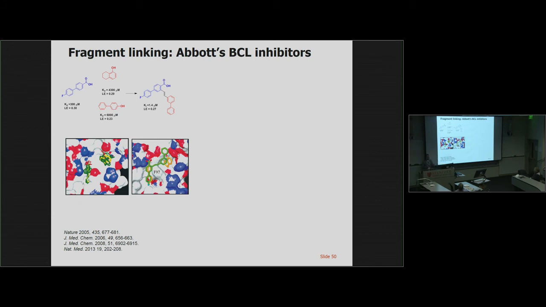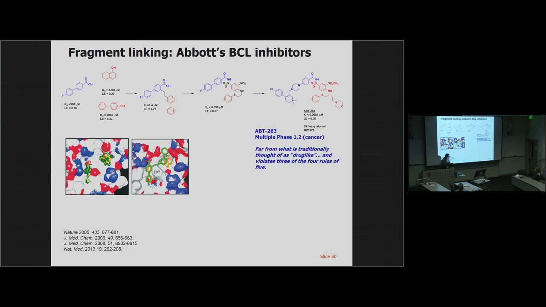The second drug approved out of fragment-based screening also came out of Abbott. And in this case, they were looking for inhibitors of protein-protein interaction. They found these very weak binders, 300 micromolar and 4 to 6 millimolar. They could link these together to get to low micromolar binders. They reached sort of this affinity plateau. They realized this phenylalanine was keeping these from binding in the lipophilic pocket, so they redesigned the molecule, replaced the carboxylic acid with a bioisostere, this acylsulfonamide, and got to mid-nanomolar binders,